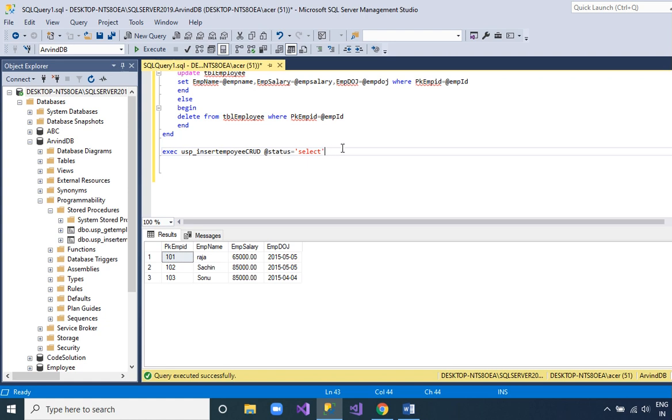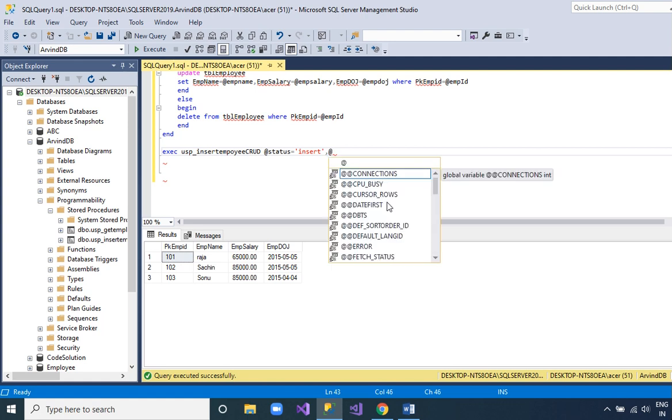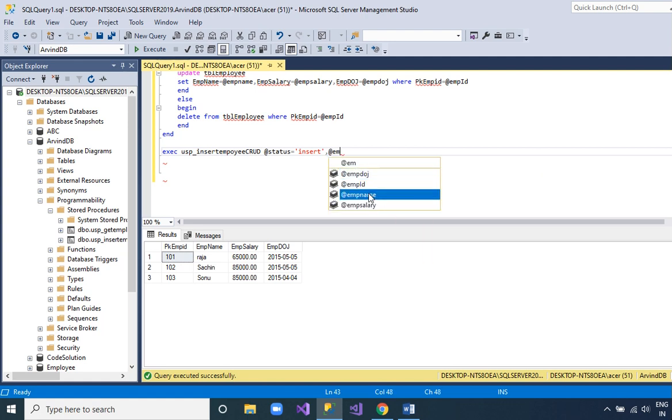Now we can insert the data also. So how can you do that? Now our status is insert, and if the status is insert, we will give all the other values also, like emp name, suppose the name is Saurabh, and emp salary.